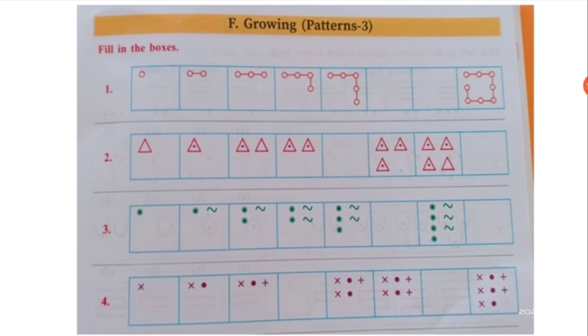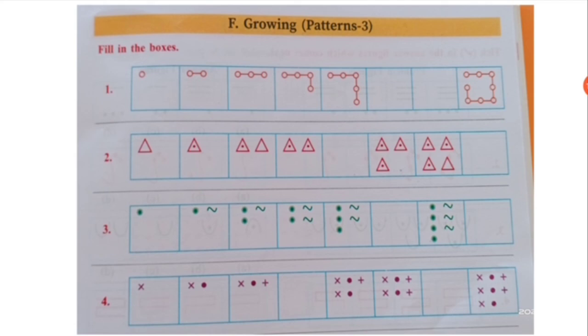In the second also picture only one triangle is given. In the second picture one triangle and dot. Third picture 2 triangles, and in the first picture 1 dot. So in the fourth picture 2 triangles and 2 dots. In the fourth picture we have to draw 3 triangles, and in 2 triangles we have to draw dots. Got it? And in the last picture we have to draw 4 triangles, and in all 4 triangles you should put dots. Got it?